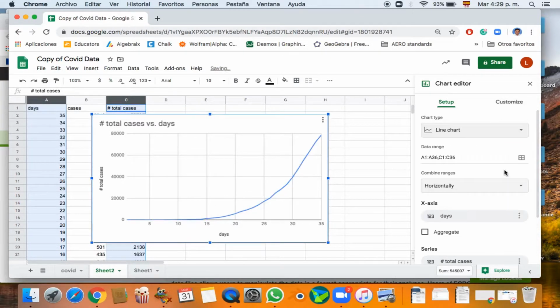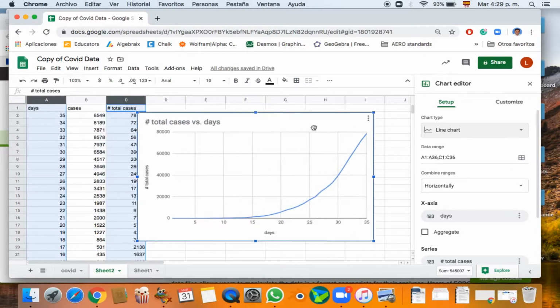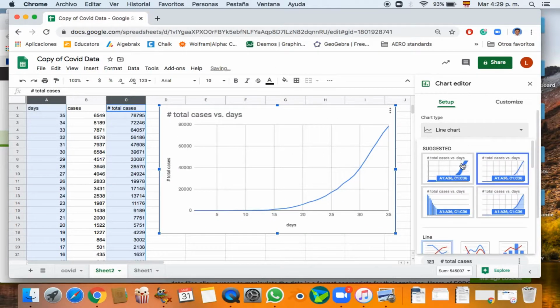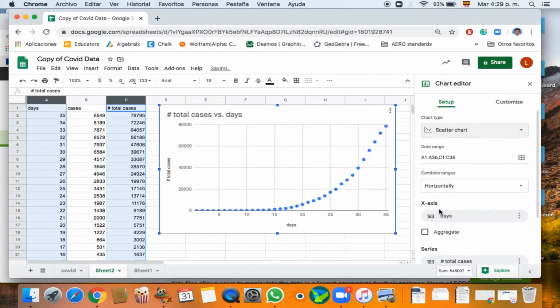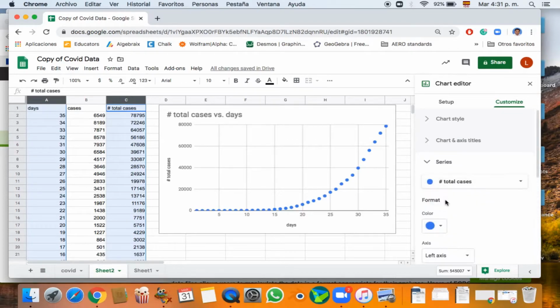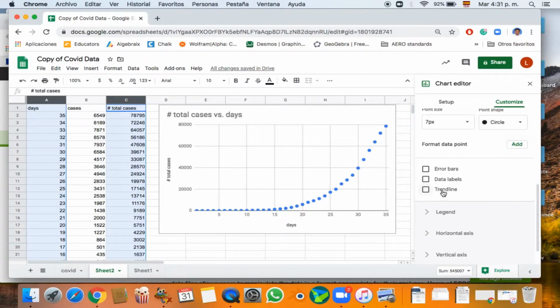Sometimes Excel chooses to give you something like this as a line. I'd rather have it presented as just a scatter plot. So go here, scatter chart. This is it now. I need you to give me an exponential model, so you need to find an exponential equation that fits this data best. The spreadsheet on Google can do that for you. You just have to go here, customize, series, and the last option, check this box, trend line, and it's going